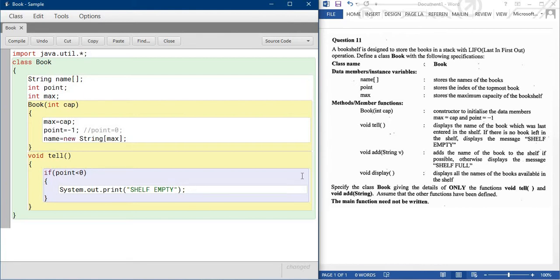Now another one is written over here. Otherwise, display the name of the book which is present in the last position. So else, you print the last position.